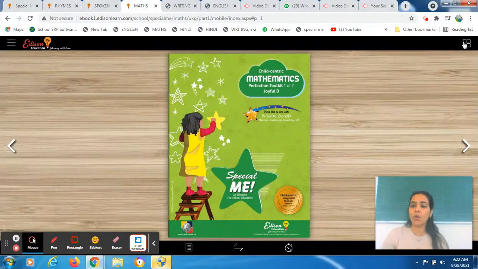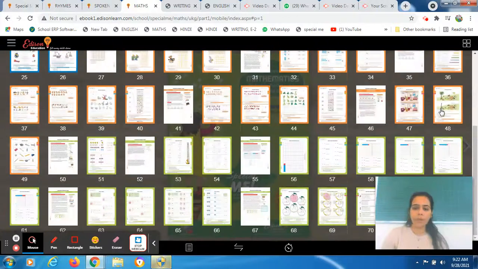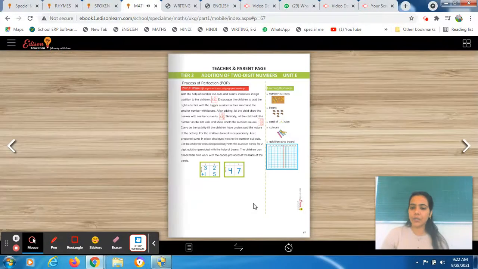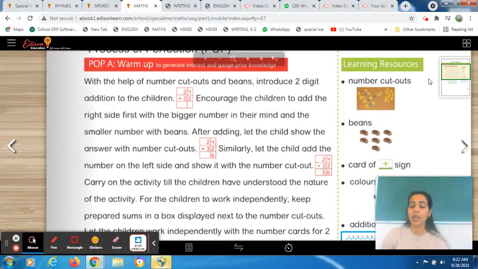First of all, you have to open your maths book. Okay, come on page number 67 first, because as I told you before that we will start with the activity first, right? So firstly we will see what we will require for the activity. So students, the first thing which you require for the activity is number cutouts. It's very easy. If you don't have the number cutouts, you can easily make them at your home. Take small square cutouts and then write numbers on them, that you can use as number cutouts. Okay, so this is resolved.